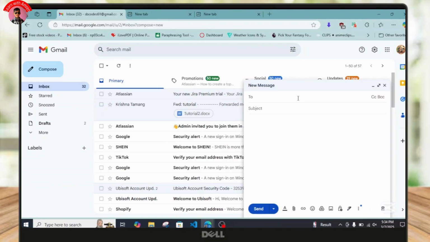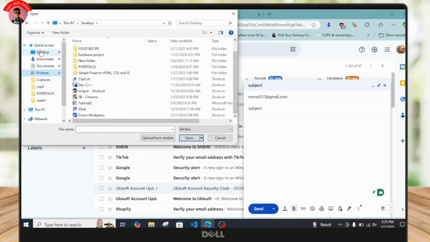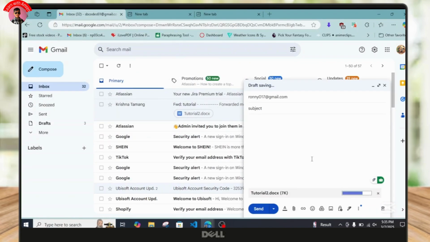Once you do that, just type in the Gmail which you have already used on your mobile phone. So let me just do that. Just like this, you enter your connected Gmail and choose a subject for it. Once you do that, just attach your Word file from over here. You just have to locate your file from your device and simply open or attach any